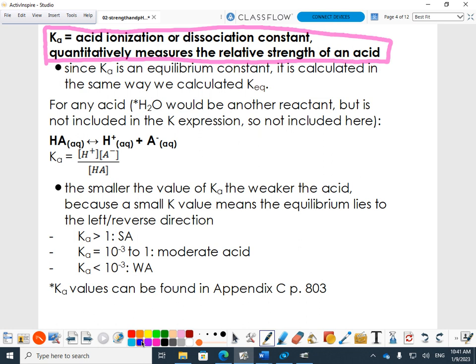So all of the acids at the top: perchloric, hydroiodic, hydrobromic, hydrochloric, nitric. Those are very, very common strong acids, and they don't even give a Ka value. It says very large. So the reaction is so far to the right, 100% complete. That means that the top of the fraction would be very, very big, making the K value super large. So then in a mathematical equation, like an ICE table, you can't use the words very large for anything. So when you are given an actual Ka value or Kb,